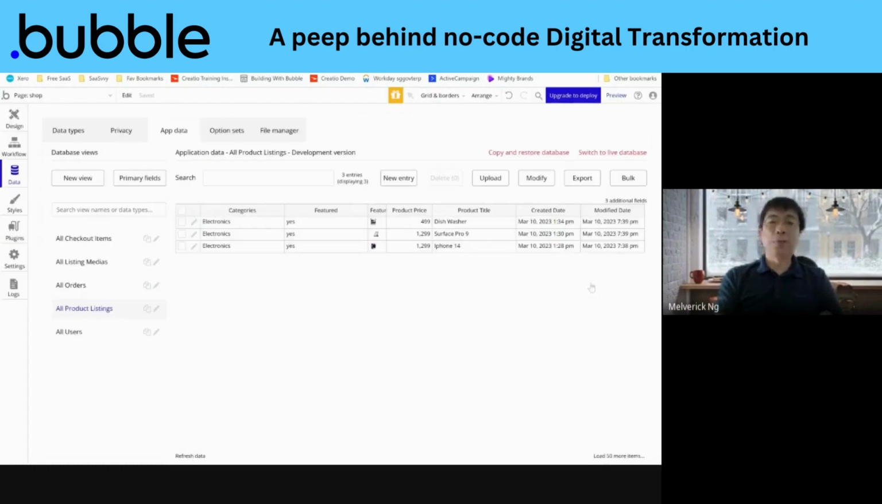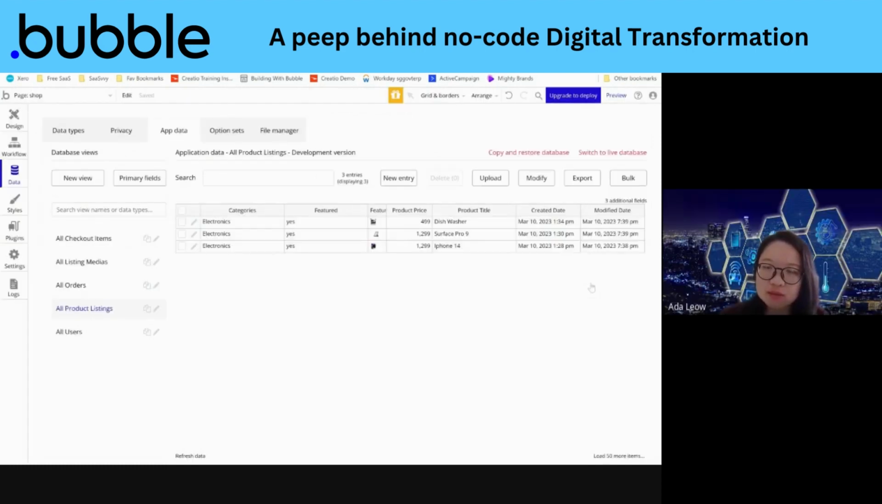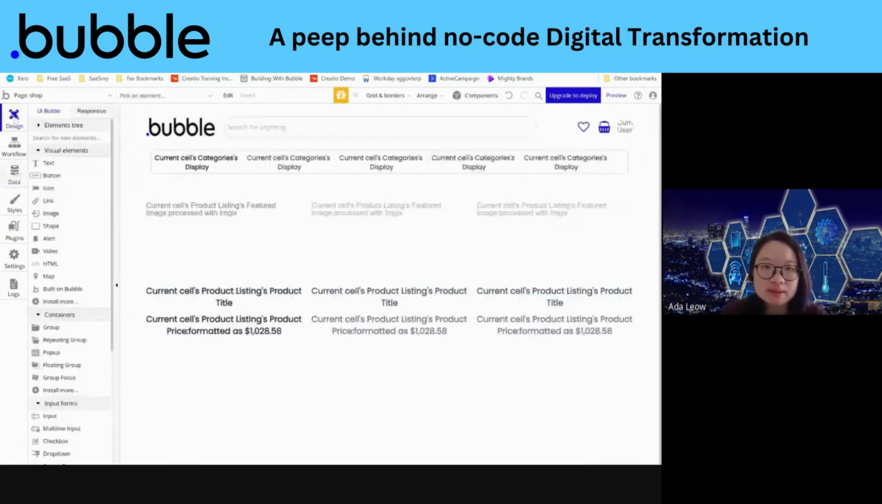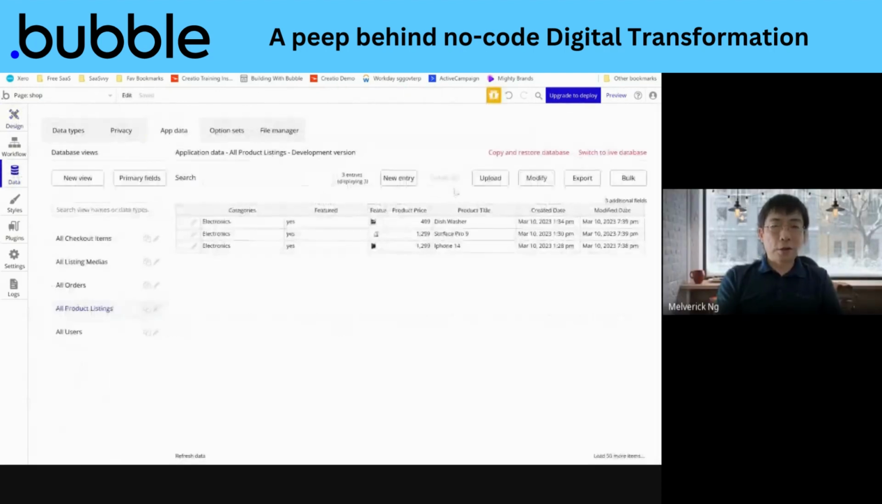So this is how the database looks like. How do you update directly to the database? Is it just you just upload? So is it correct, you can upload, you can export, and then you can upload here if you have